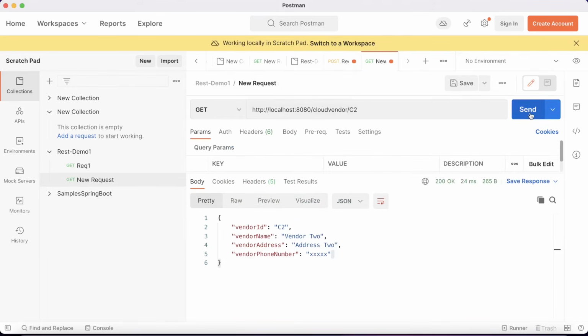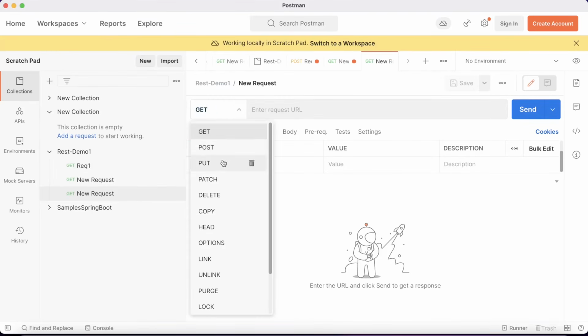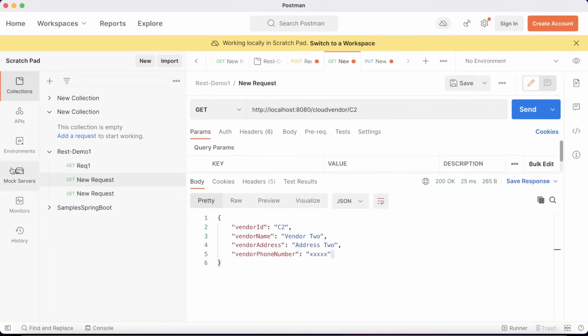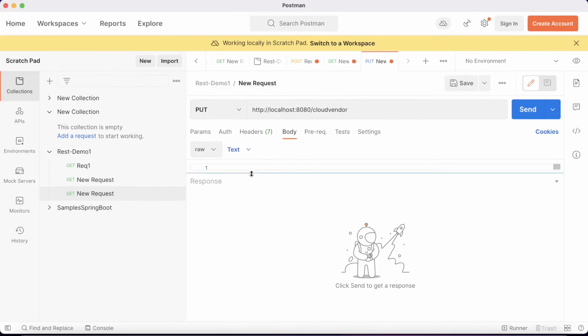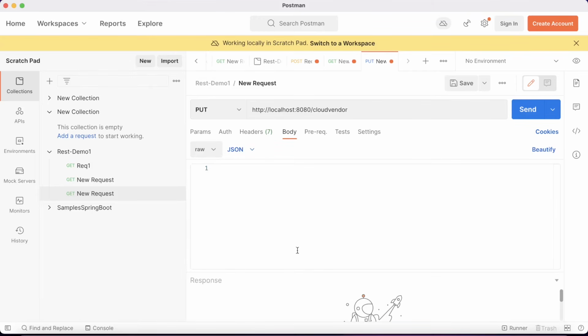Now we will try to extract the information. We have received it. Now let us change this vendor name from vendor 2 to vendor 2 updated, let's say. Okay. How do we do that? I'll just add a new request and we'll use the method as put. Okay. Let me just take the URL because URL would remain same. Okay. And here in the body, with the help of raw, then text as JSON, I will keep the request